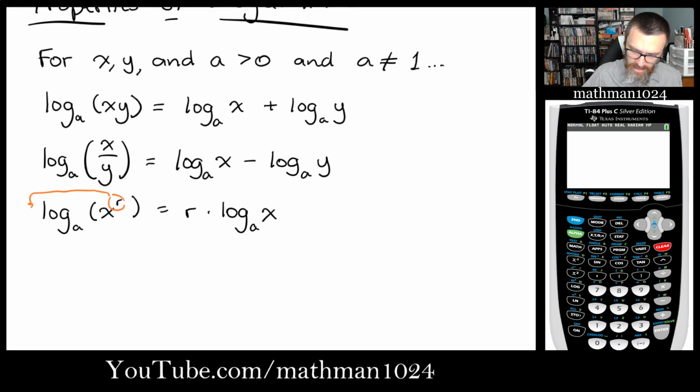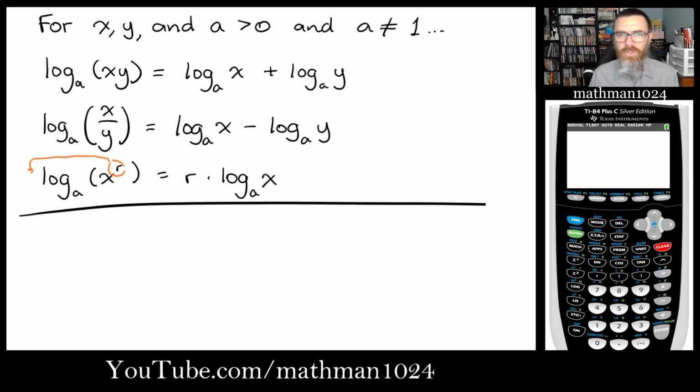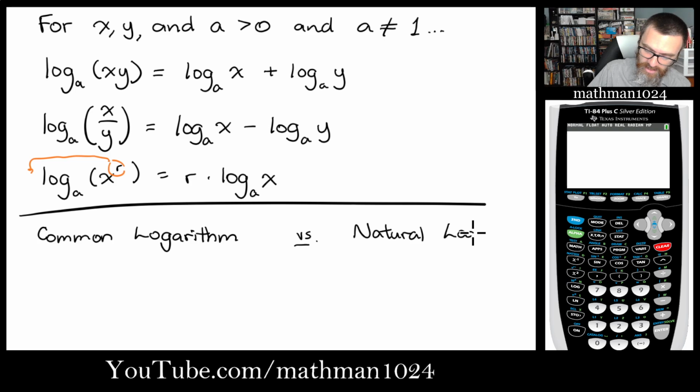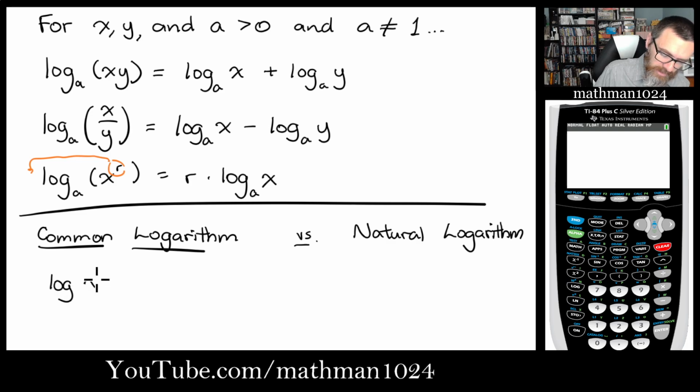Now, for these logarithms, most of the time there's going to be a base indicated, like I have a little subscript of a, but there are two logarithms that we see quite often. So I want to mention those, that way when you see them, you know what I'm talking about. So there's the common log versus the natural log. The common log is written as, let's say, log of x. So even though there is no base that is explicitly written, this is understood to be log base 10 of